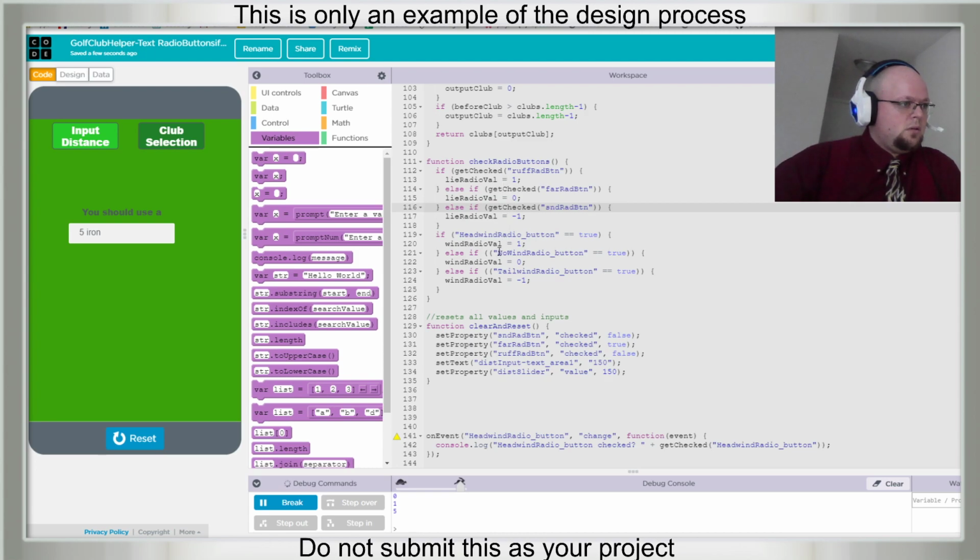Get checked, get checked, get checked. And the first one, get checked, open and close. And this one can go here. And that's good. And this one can go here. And that's good.